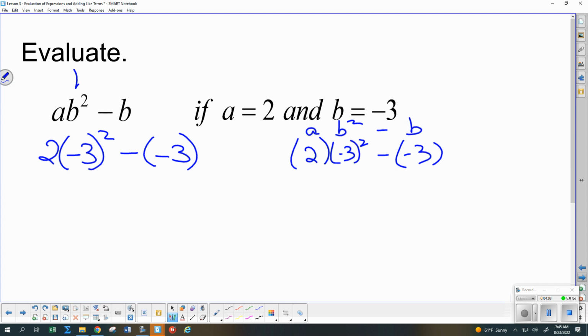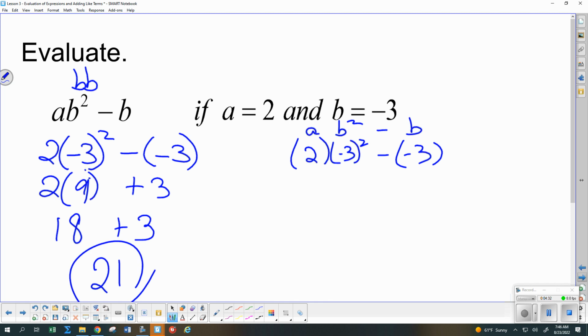This means b times b. So it means -3 times -3, which is everybody. And then times the 2 is, and minus -3. What do I do with that? Everybody. It's a +3. And so final answer for this evaluation is,